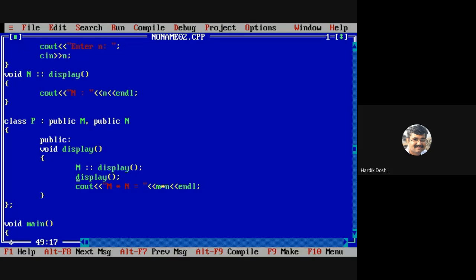This display is of N, so you need to say N scope resolution operator display. So now compiler will understand that this display is of M class and this display is of N. Did you get this? Let's try to check it out.